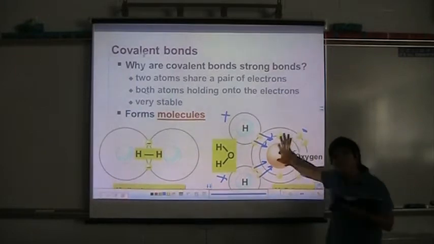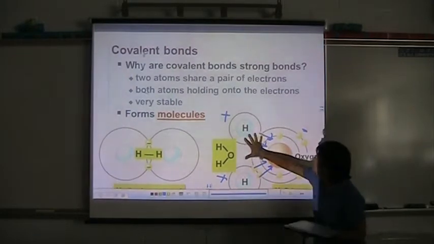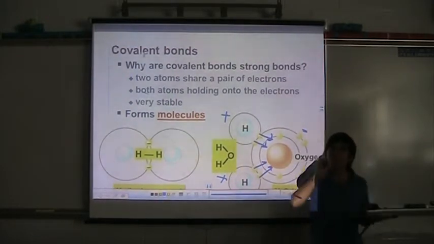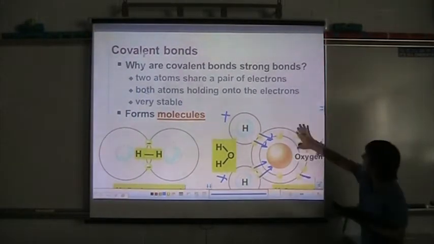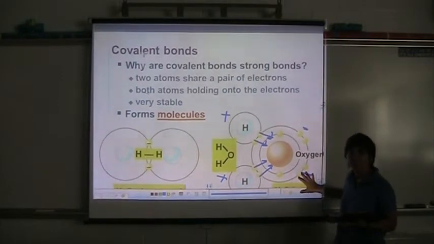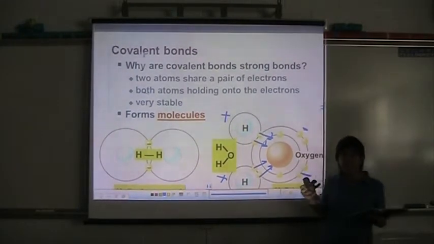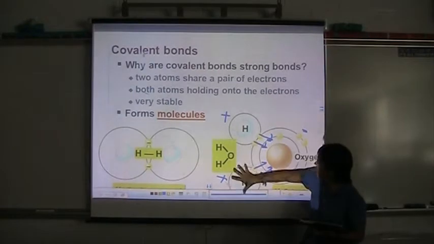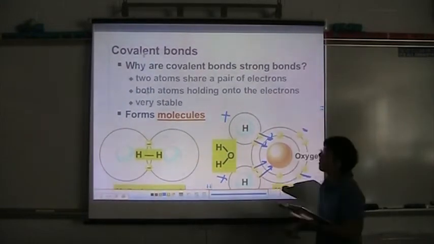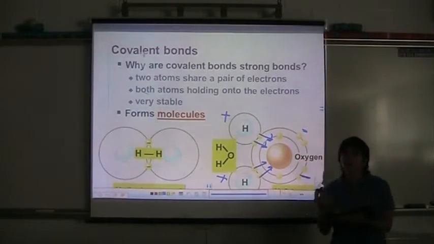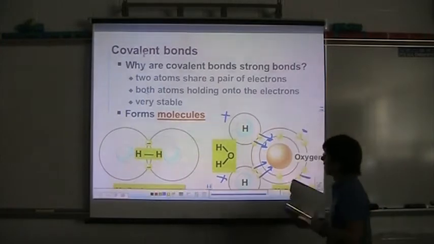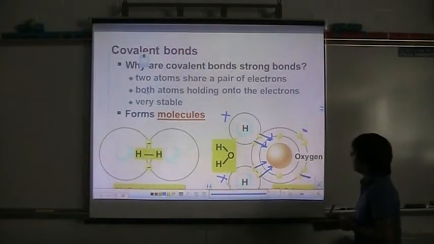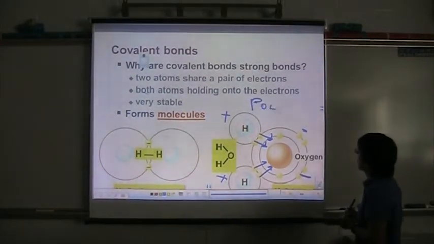Thank you. This is a polar covalent bond because the molecule now becomes polar. Think of poles, north and south, a magnet, positive and negative. Here you have the negative side of the molecule, the oxygen side, sucking up all those electrons. And here you have the more positive side of the molecule. So water becomes like a little magnet with a plus side and a negative side on the other. So this is what makes a polar covalent bond, and this will be a